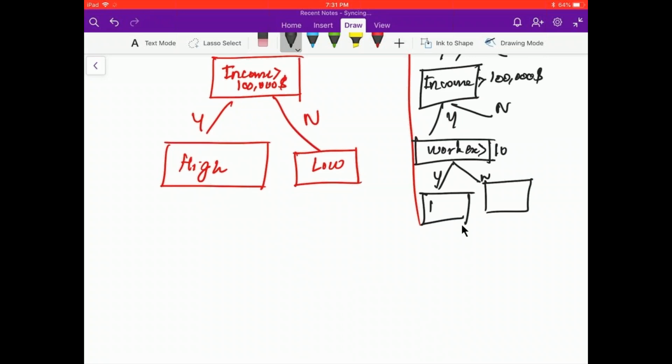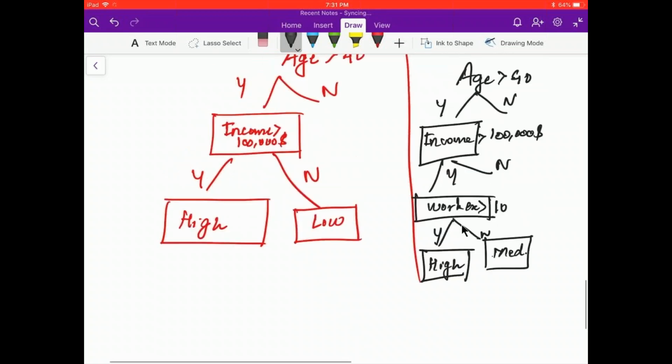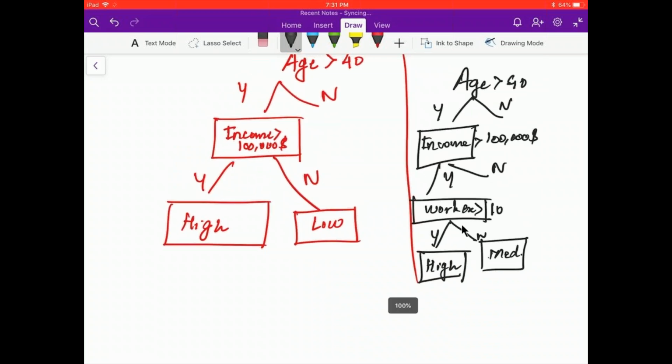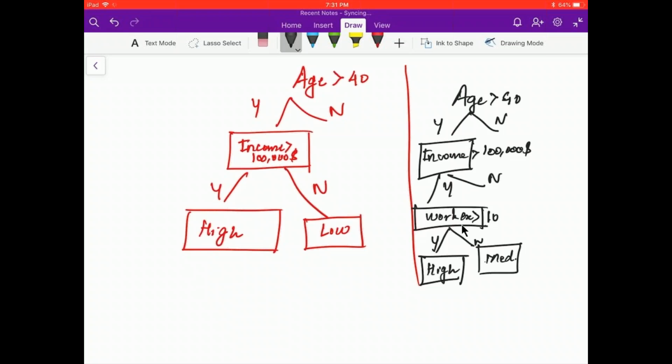Okay, this is high, this is medium. Let's see. Now you see these two decision trees are built on the same data, but they have completely different meanings. Okay,